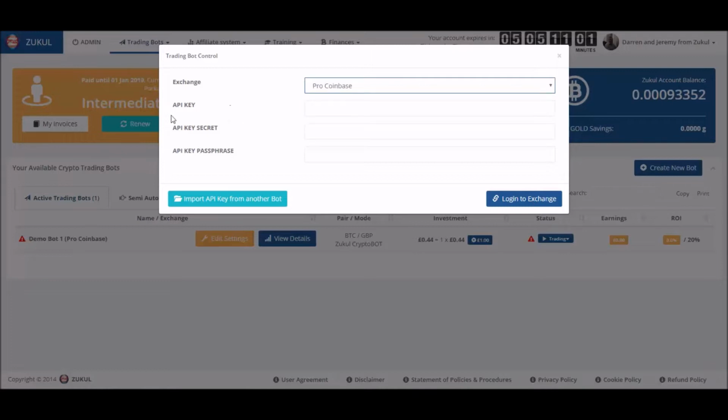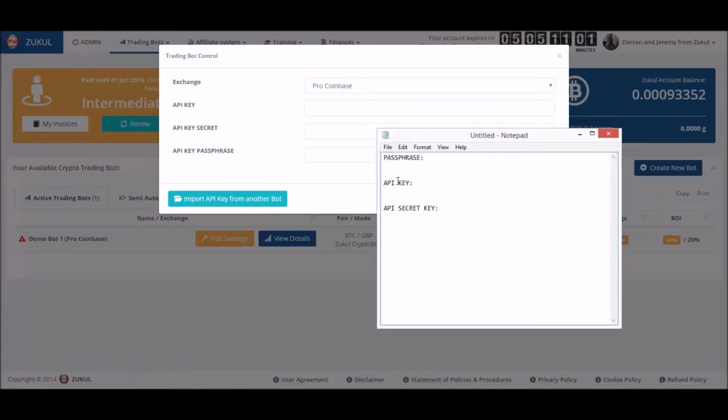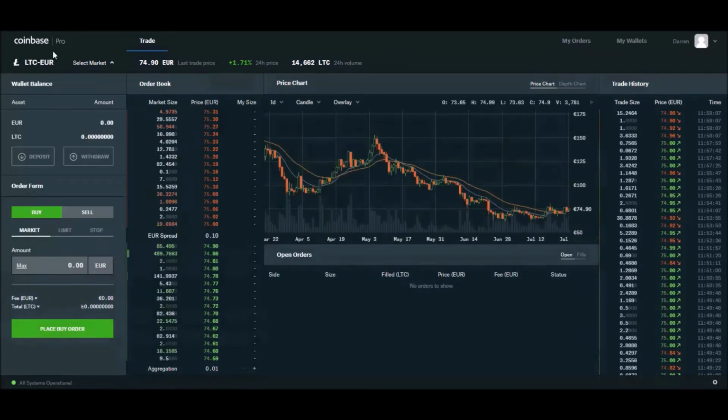and you can see here that we've now got a list of 3 items that we need to collect, which is the API key, the API secret key and the API passphrase. Now what I've already done is I've created a notepad document, and obviously I've just put that key information on there. So once we've done that, we're now going to go over to our Coinbase Pro account and log in,